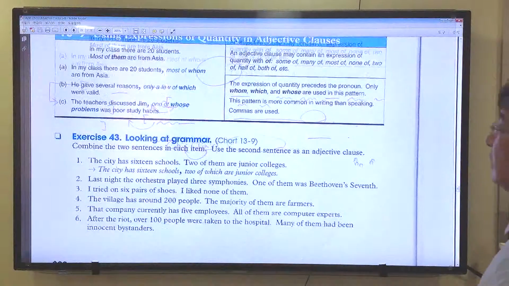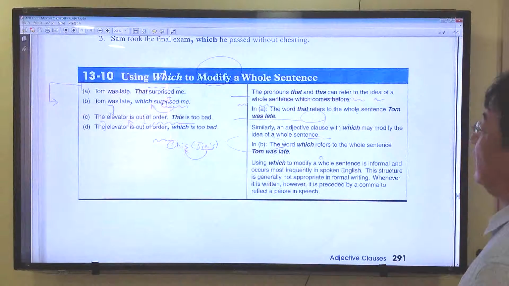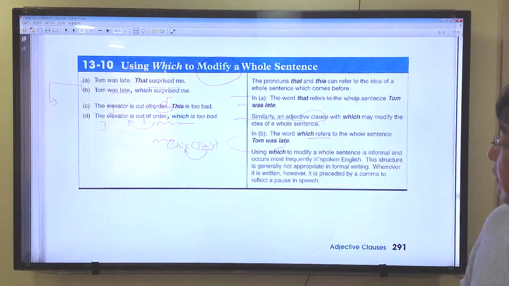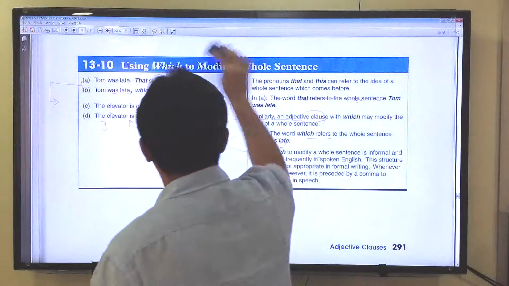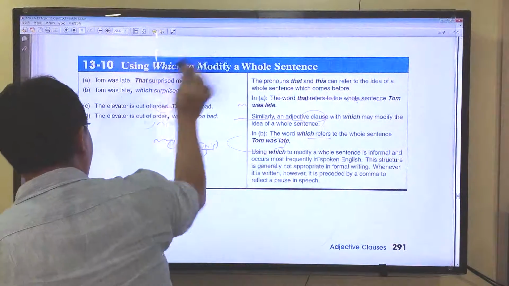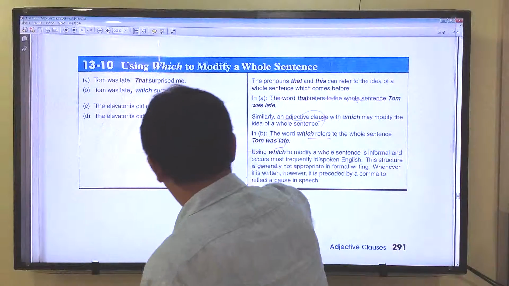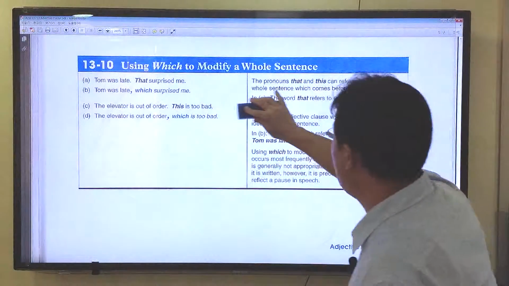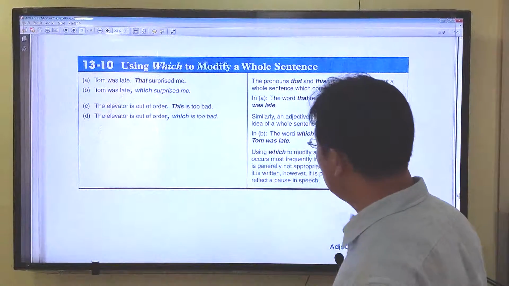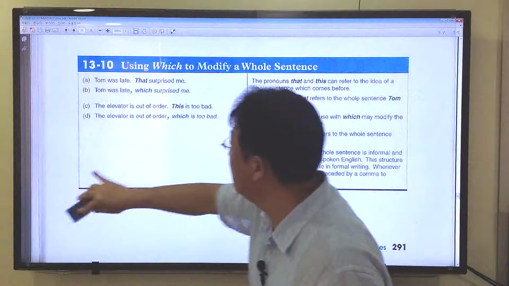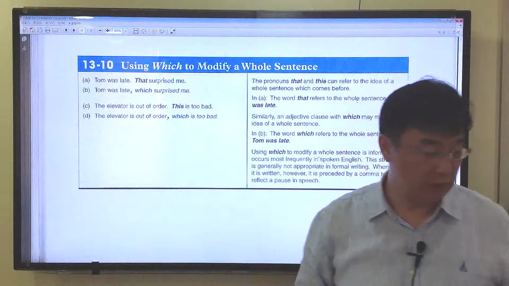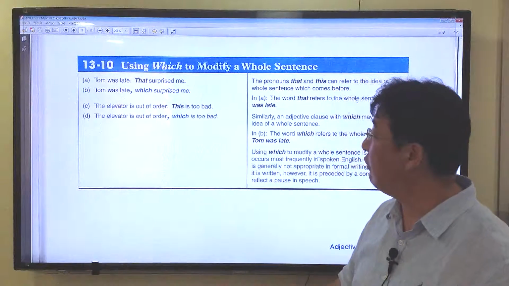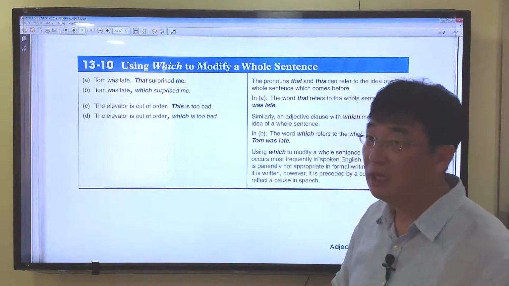Let's just see what is about the next table. Okay, next table is about using which, a relative pronoun, to modify a whole sentence. What we have learned so far indicates that an adjective clause is supposed to modify a noun preceding the adjective clause. 그죠? 형용사절을 앞서는 명사를 뒤에 있는 형용사절이 꾸민다고 배웠습니다. 그죠? So instead of modifying a single noun, we come to modify a whole sentence by using the relative